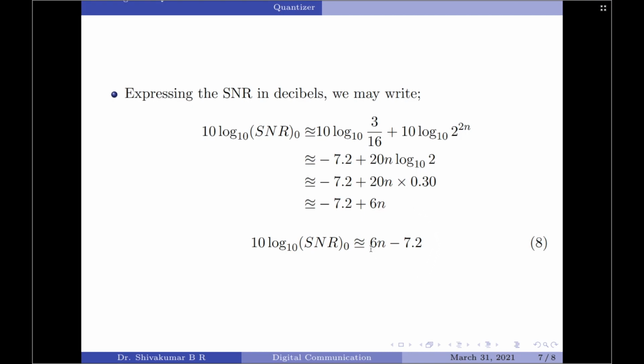By analyzing equation 8, we can state that each bit in the code word of the PCM system contributes to 6 dB to the signal to noise ratio. Right. So that is about the discussion on the signal to quantization noise ratio for a mid-thread quantizer. In my next video, I will be deriving an expression for the output signal to quantization noise ratio for a